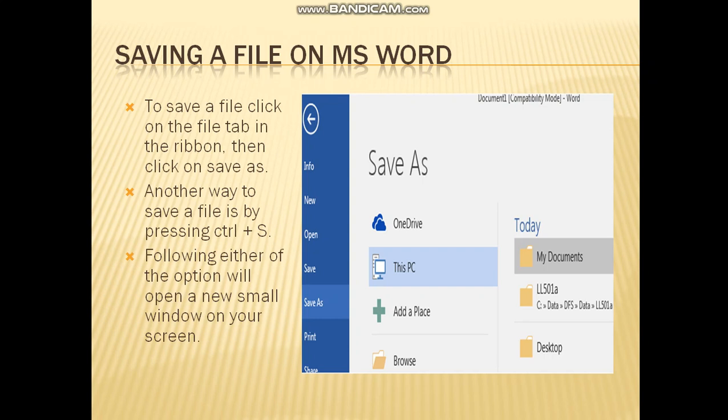Another way to do this is you will keep pressing Ctrl, and then you will press S. Either you click on the Save As button, or you press Ctrl and S.